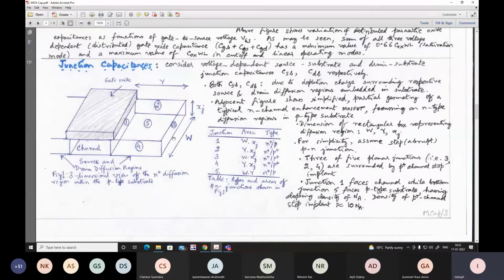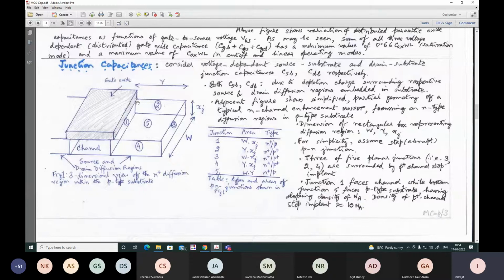Okay. So perimeter length multiplied by junction depth will give me the total perimeter area for the three components of the CDB. The two other components will come from two other PN junctions, which involve the junction between the N plus and P. One is the bottom junction, which we show here by junction number 5. Okay, so it relates to the lightly doped P-type substrate and the N plus junction. On our left, we have got the junction numbered as 1.